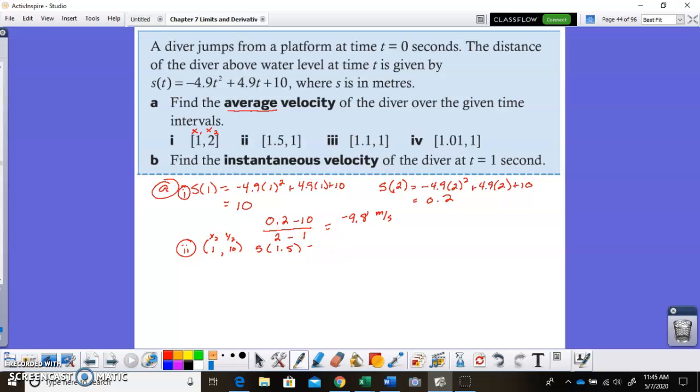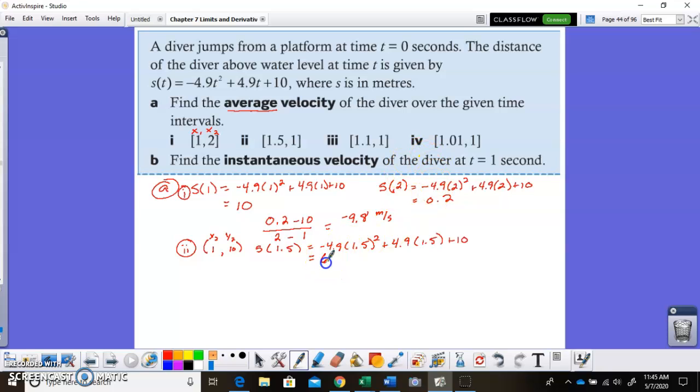So I'm substituting in negative 4.9, 1.5 squared plus 4.9 times 1.5 plus 10. And I'm going to type that all in. So, oops, 1.5 goes there. And 1.5 goes in that x. And it gives me